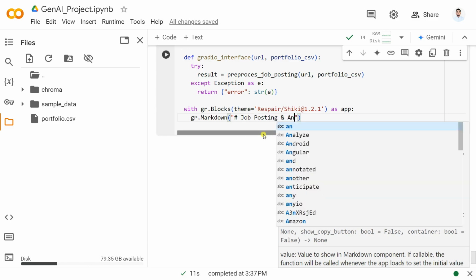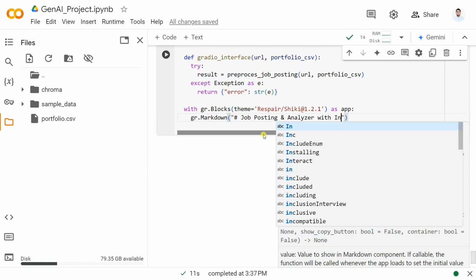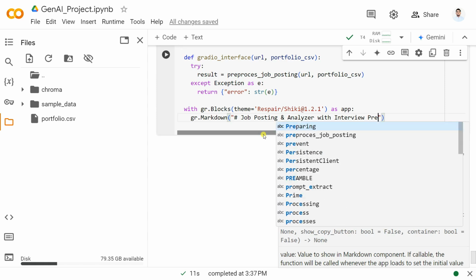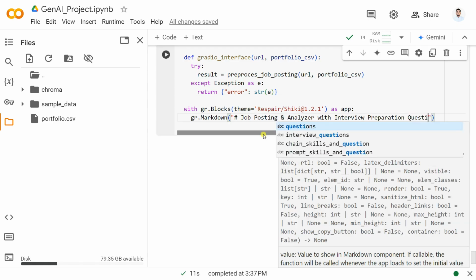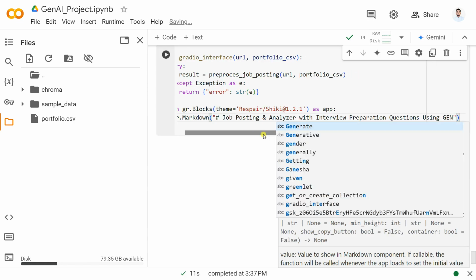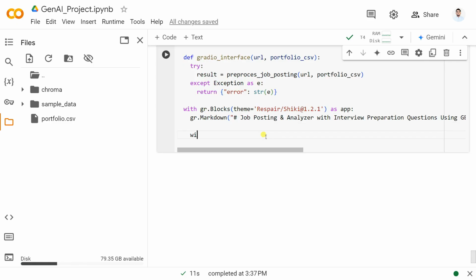and analyzer with interview preparation questions using Gen-AI. Okay, this is nothing but the markdown. And now with that, let's say with